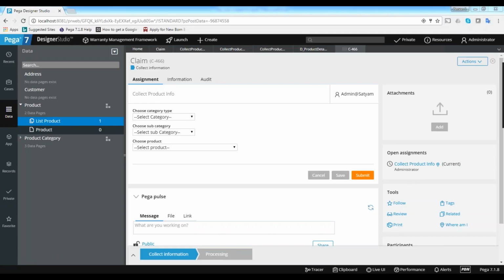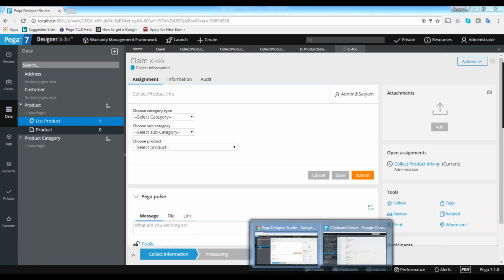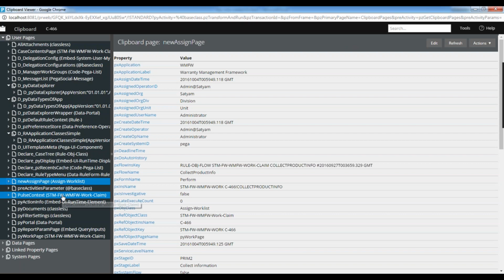Like that, each page is useful here and there in the work processing. But the actual case data, the actual work item data, will be stored in the page called pyWorkPage. Our concentration is on our case data, so we are going for pyWorkPage.